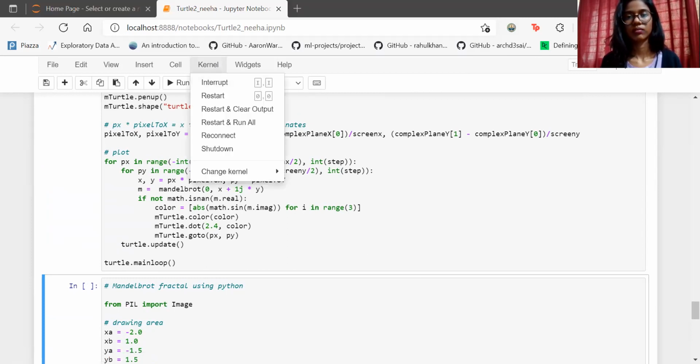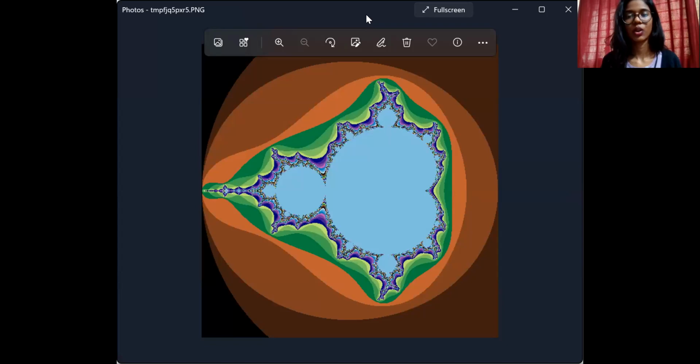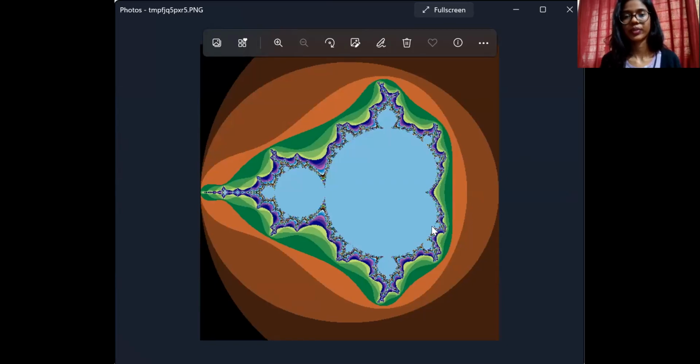I'll share the image. So this is the picture that was generated when we called plot.image. This is exactly the Mandelbrot plot. Looks pretty interesting.